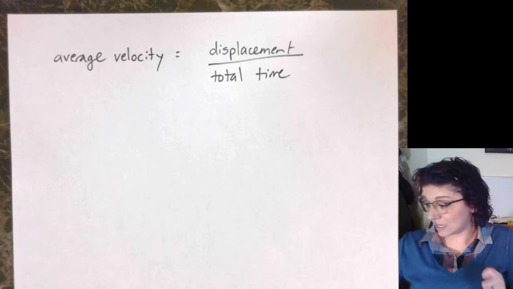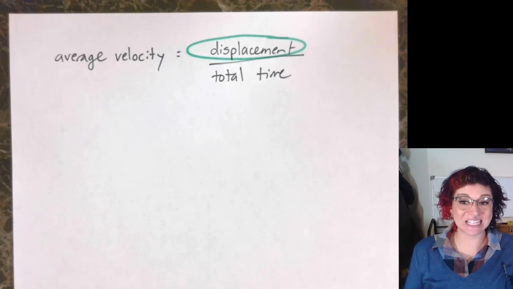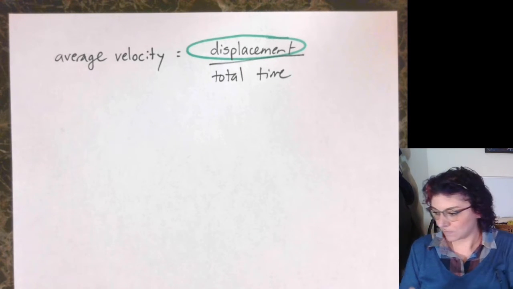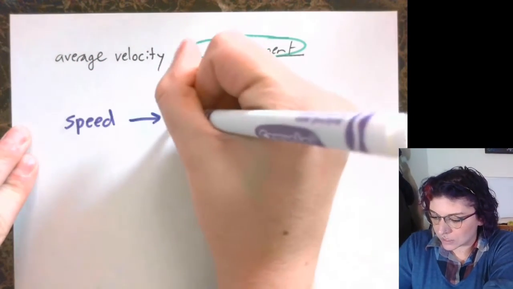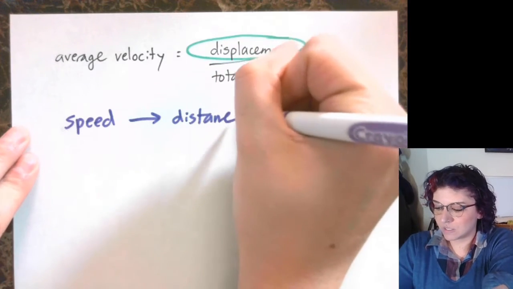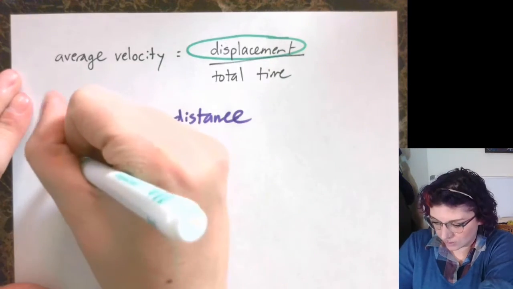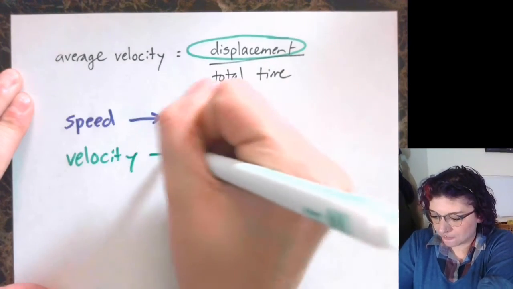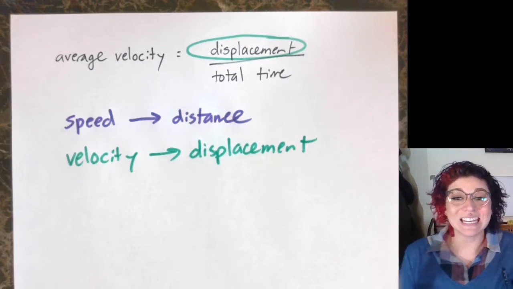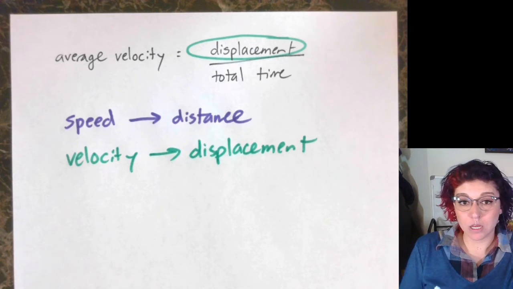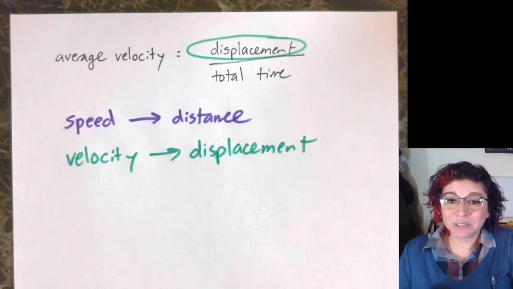So again, notice here how we are working with displacement, not distance. So speed deals with distance. But velocity deals with displacement. And that is an important distinction because displacement